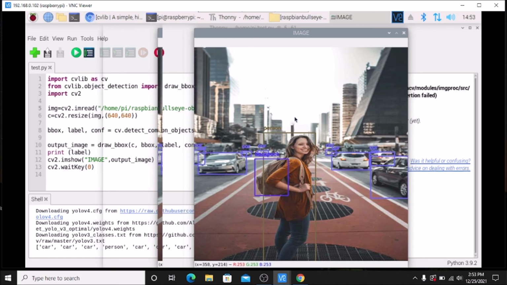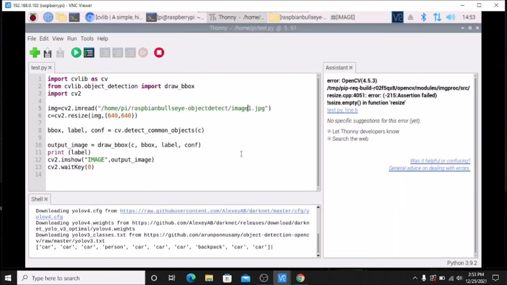So it detects the objects and creates bounding boxes with the object names. And as I told you, we print the objects. Here it printed 8 cars inside the image, also 1 person and 1 backpack.